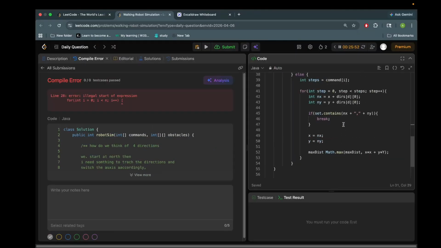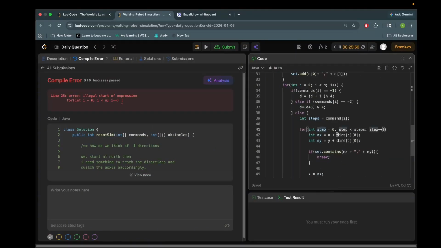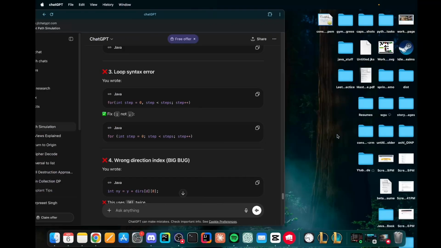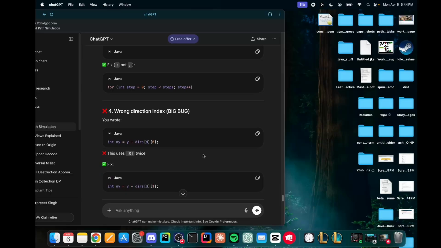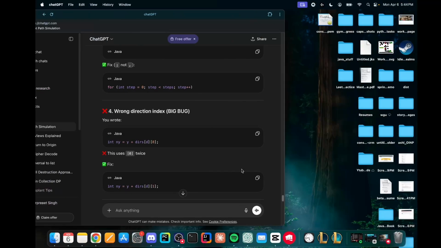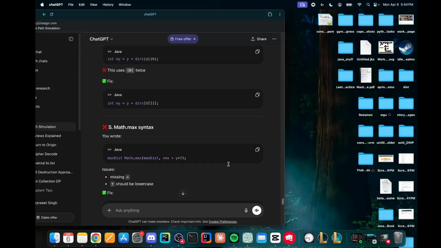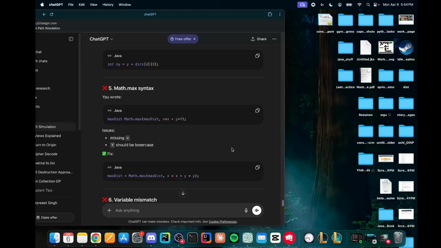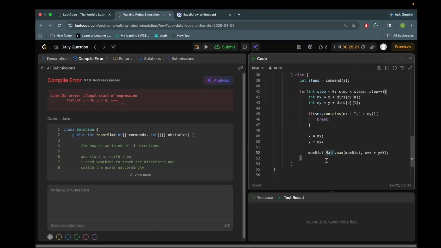Okay, I made an error here. Step must be less than steps. Step plus plus. Why do we have integer x equals to